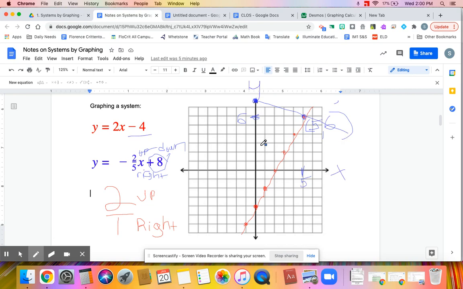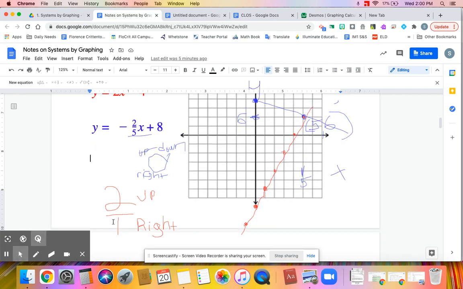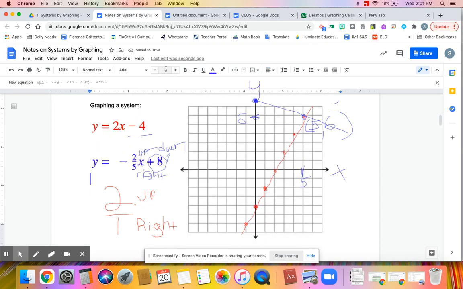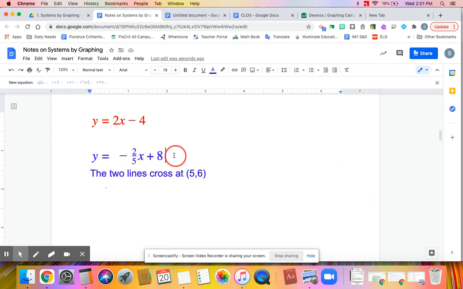And so you would say at the bottom, to answer it in the most proper way, the two lines cross at 5, 6, because that's the point where the two lines crossed. You can always check your work by plugging the X into both, and they should both give you the answer of 6. So for example, I have these two equations. I graphed them, and I think they cross at 5, 6. If I want to check my work,